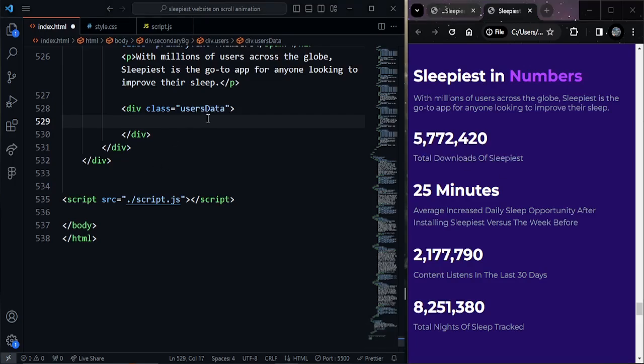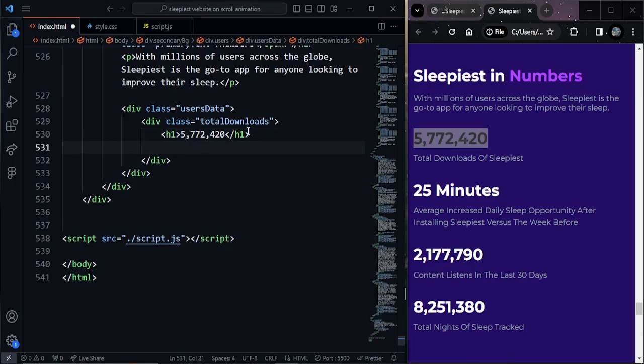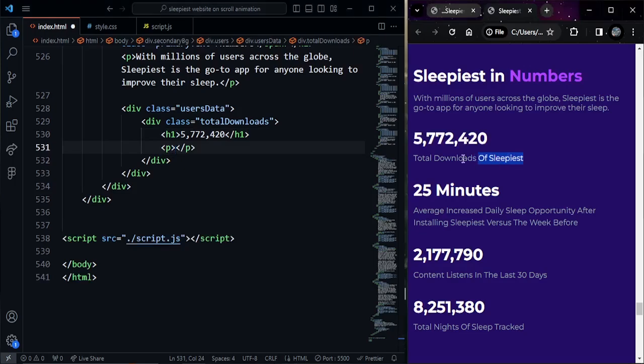So I'm going to say total downloads, and inside the total downloads I'm going to use an h1 and the number. Next I have the paragraph, the total downloads of CD paste,